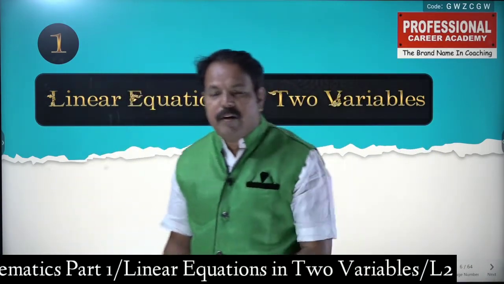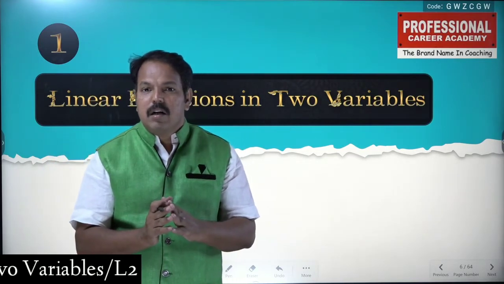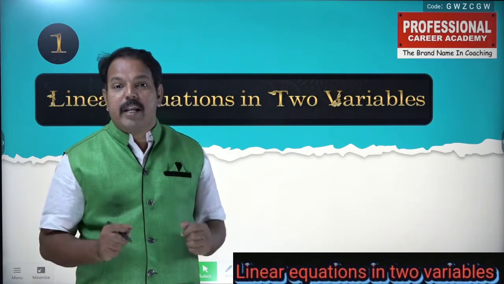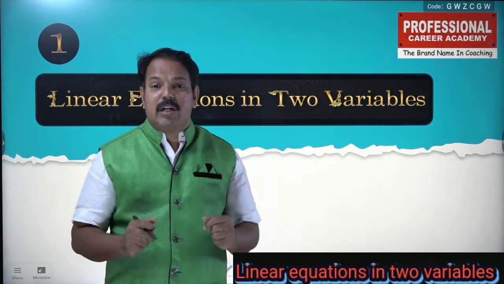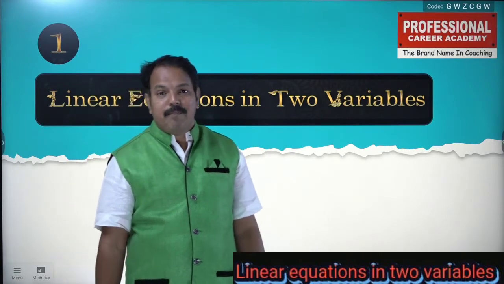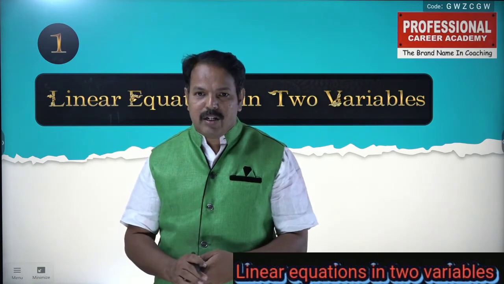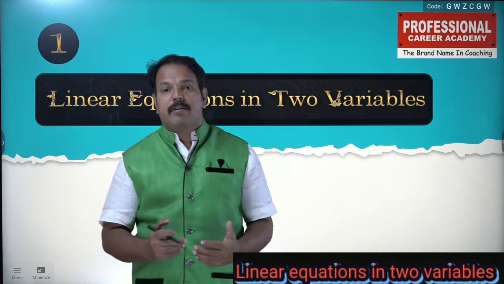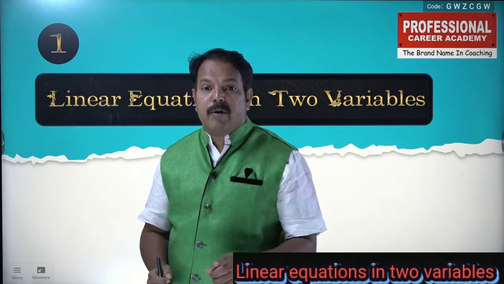Now in the last lecture of linear equation in two variables, we have studied what is exactly the meaning of equation, then what is meant by linear equation in two variables, how to plot the graph of a linear equation, what is meant by solution of a linear equation, what are simultaneous equations, and how to solve them. In the last lecture we have seen there are three different methods to solve simultaneous equations. Which are they? Number one is the substitution method, or we can say elimination method. Number two is the graphical method, and number three is the determinant method, or we can say Cramer's rule.